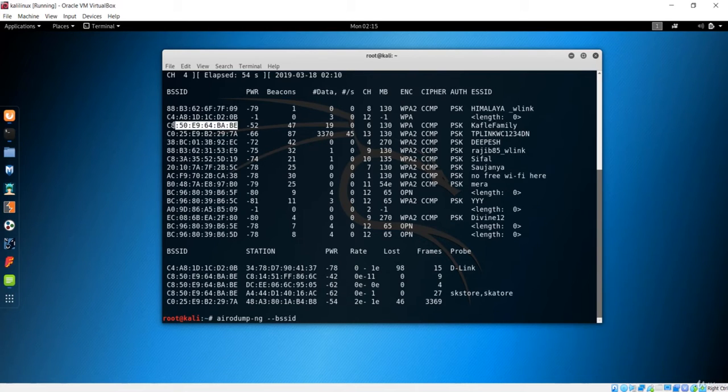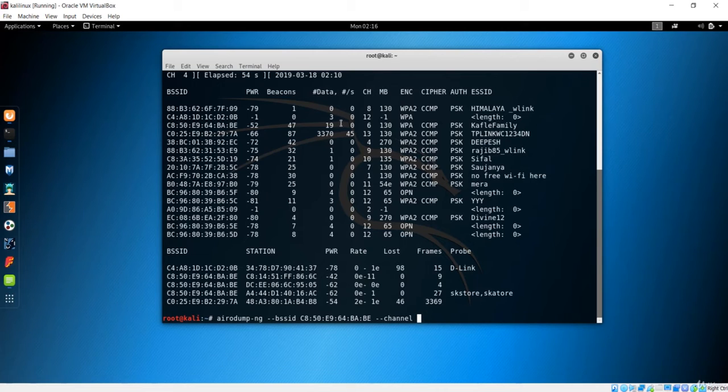In my case it is right here. I'll copy it and paste it down here. This is the BSSID, and the next one is channel. If you want to just put c, it should be done with a single dash, but if you want to include the whole channel name, then you include it with a double dash. If the argument is only one character, go with a single dash. If you want to include the whole name, go with the double dash.